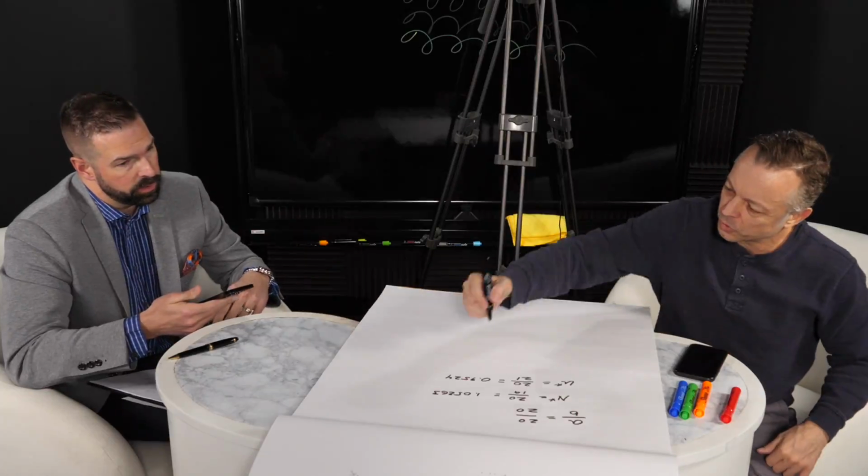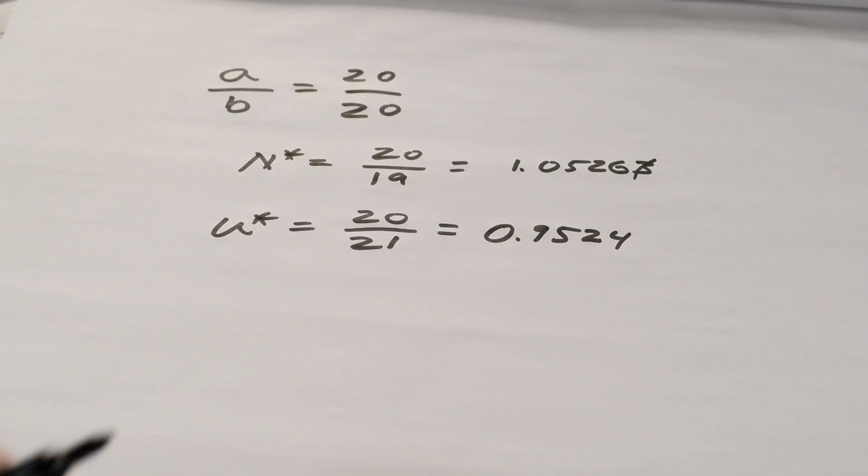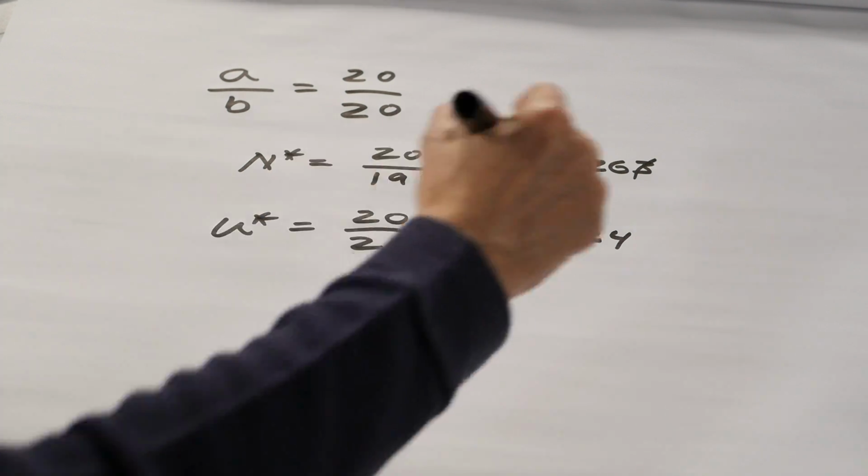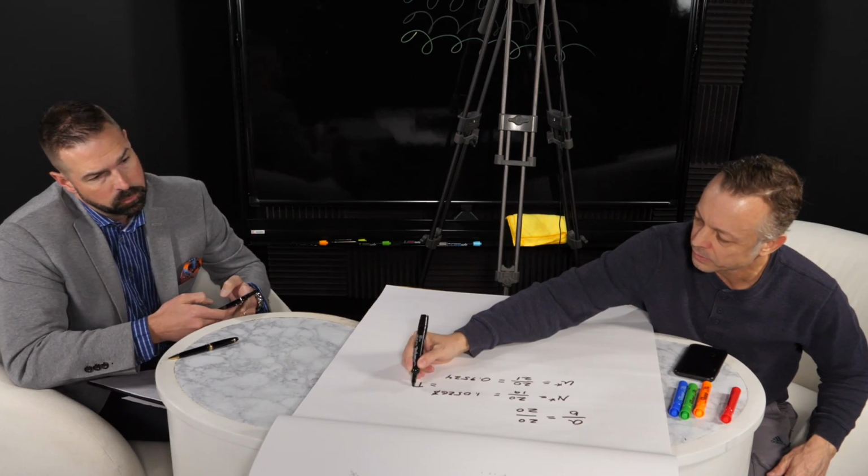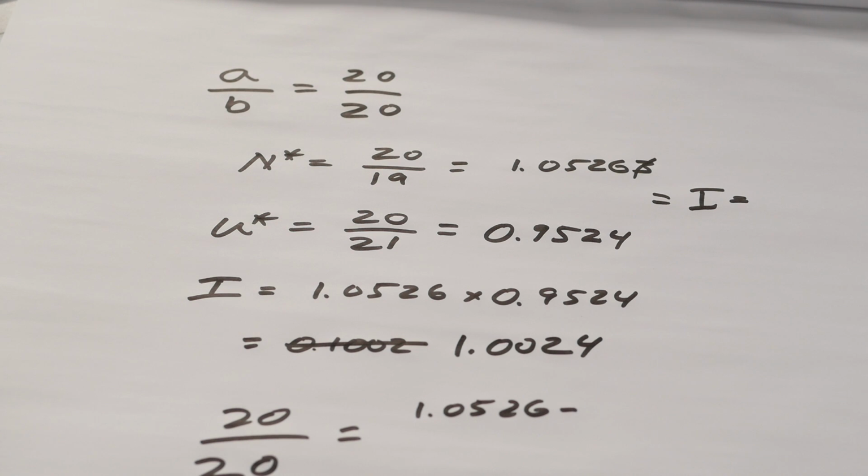We can cut off the 4 digits. We'll cut off the 3. Sure. Okay, so now, since you've got yours out, let's go ahead and solve for I. So what's I equal? So I is